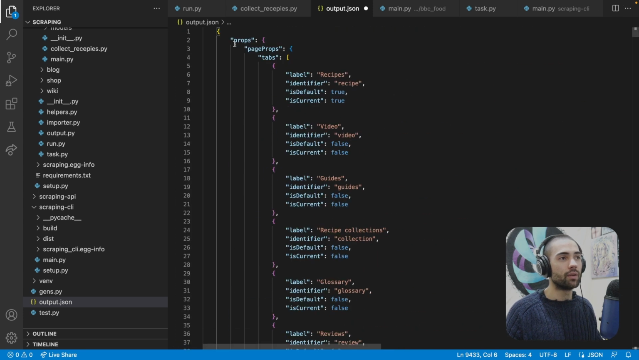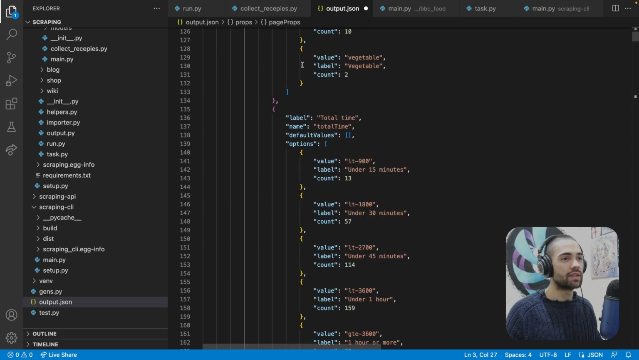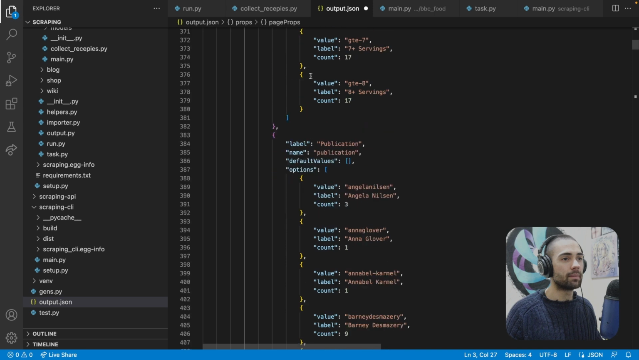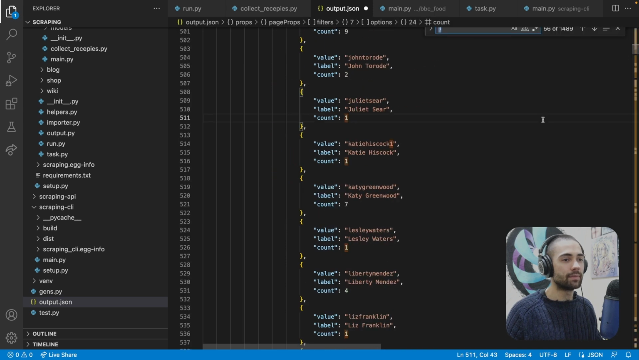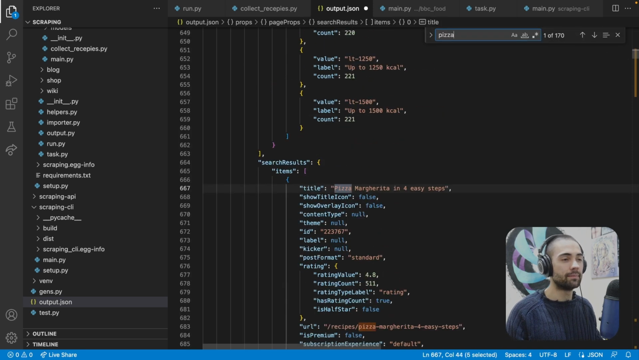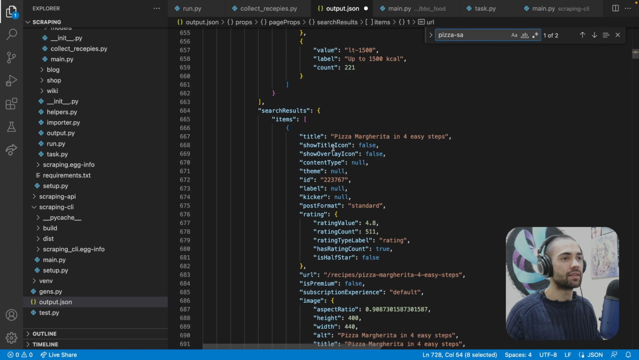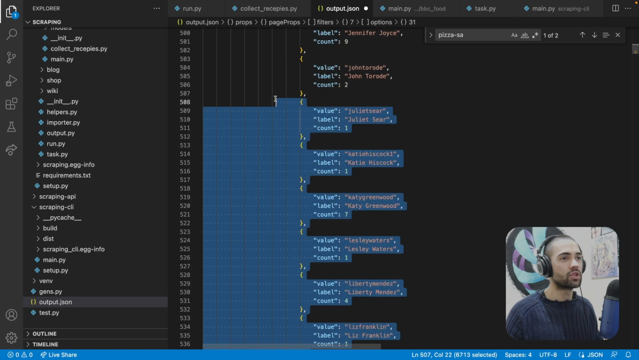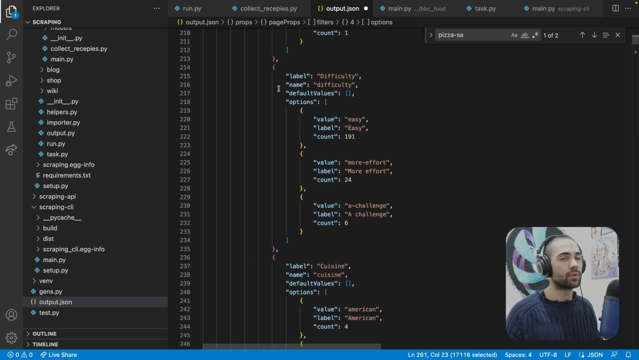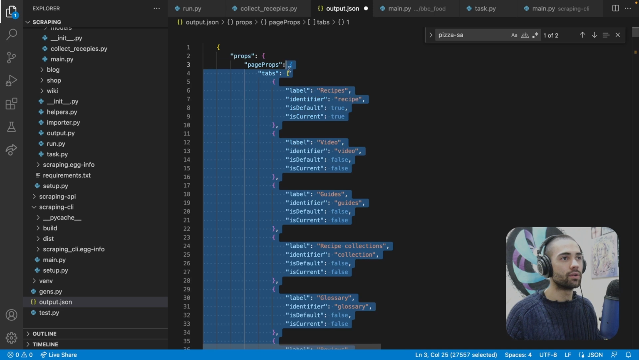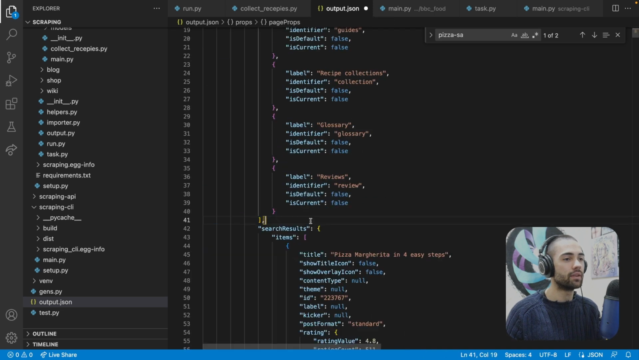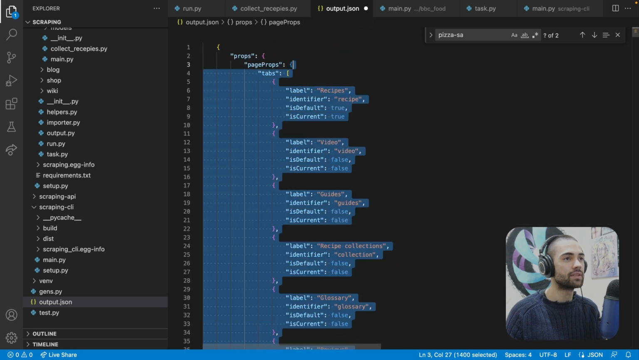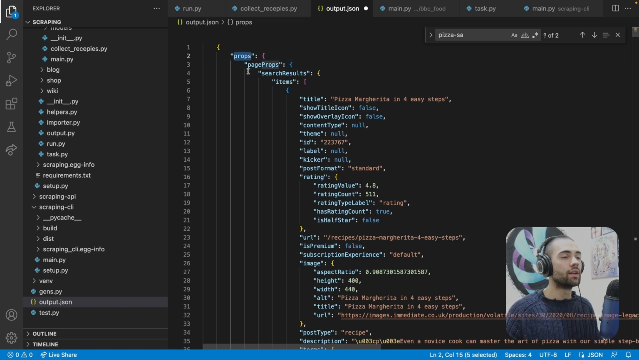We're going to go all the way up. We have page props. We have a bunch of tabs. Total, blah, blah, blah, blah. Nobody cares about this. Let's search for pizza sauce. There it is. This is going to be in search results items. And let's just double check that the search results are going to be on a good level. So let's just grab all of this filter stuff, remove this, tabs, remove. So inside the